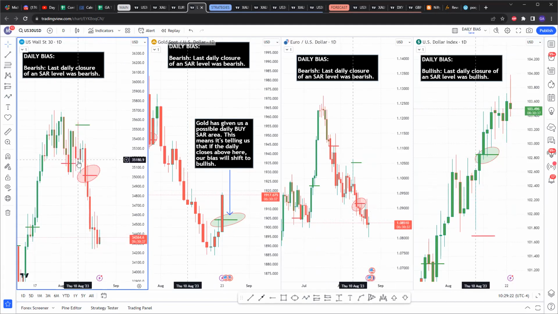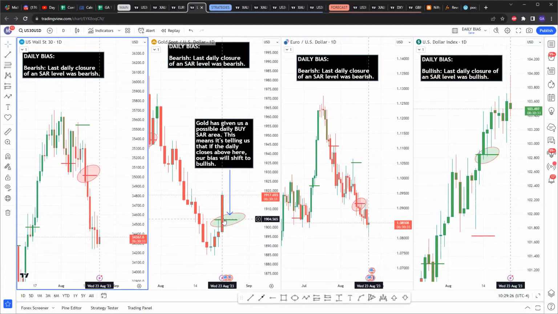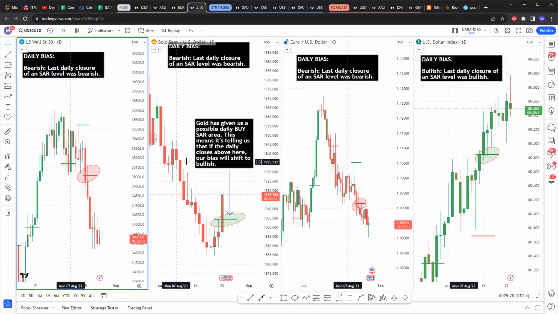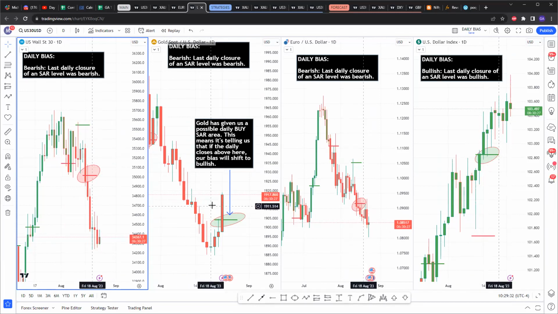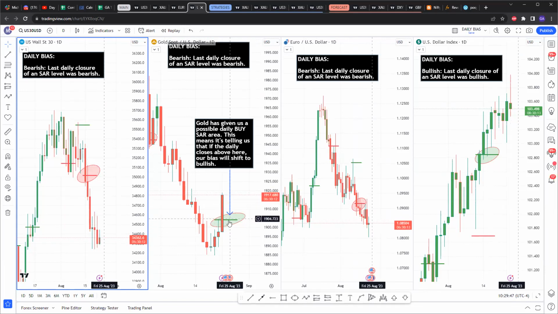Same thing that happened here with US30. It formed a buy SAR, of course, wasn't as bullish above that buy SAR as gold is currently doing, but you can see that heavy rejection. So if gold is to continue selling, this is the point sellers need between now and 5 p.m. today, in the next 6.5 hours. Sellers need to step in heavily and cause this to be a bearish candle. If they do not, gold for the rest of the year should be